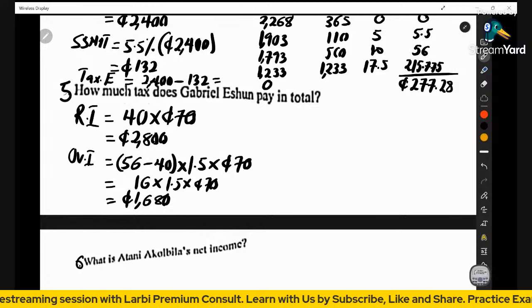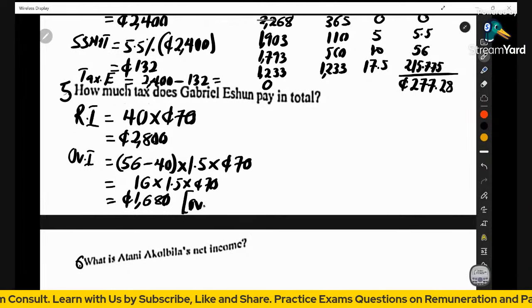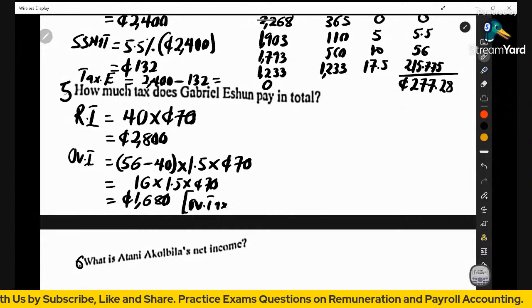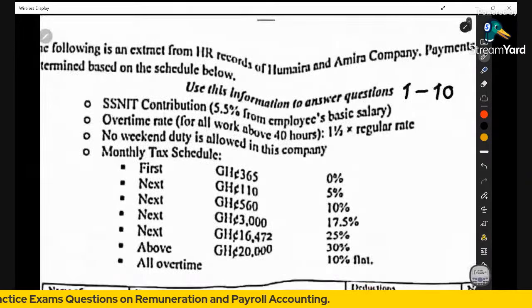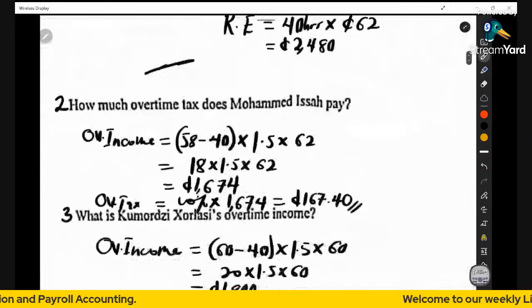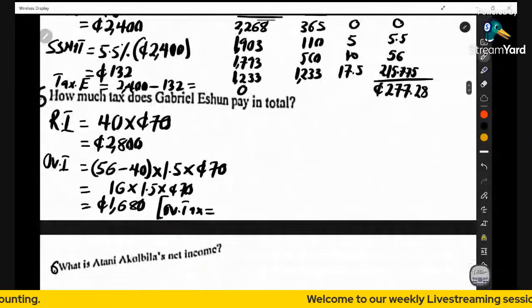So let me create a space here. Overtime tax for Eshon should be equal to, we know that the overtime tax goes for 10% flat, right? As you can see, a 10% flat. So here, since we know his overtime income to be